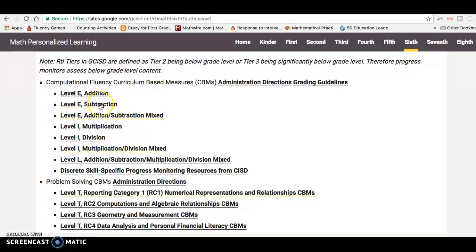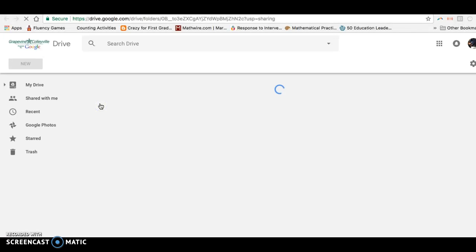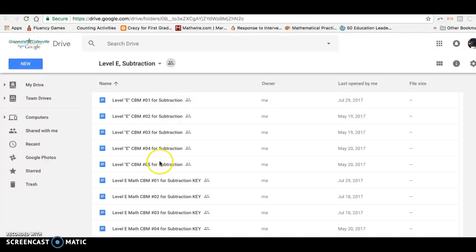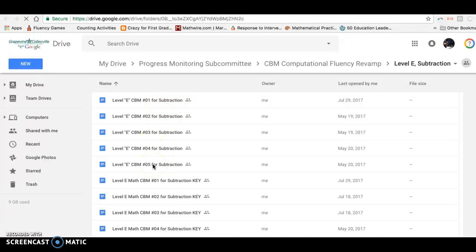Okay. As I click on one of these, you'll see that it gets me to a folder where those progress monitors live. And you have 5 different progress monitors that progress monitor the same thing, but with different numbers and their keys that are right there for you. And so you have 5 different instances. So as we have this student who is